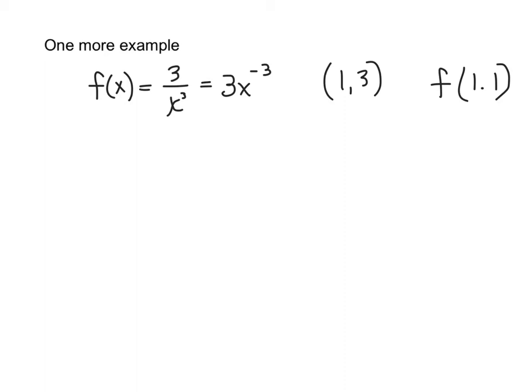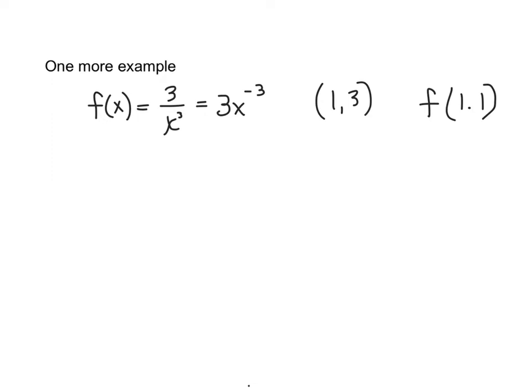Okay, one final example that we're going to do. We have f of x is equal to 3 over x to the third, and I have it rewritten so I can take the derivative, right? So I would take f prime of x is equal to negative 9 x to the negative 4, which is negative 9 over x to the fourth. Okay, the point I have been given is (1, 3),